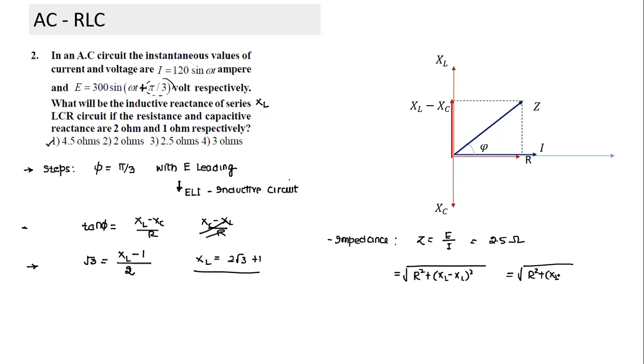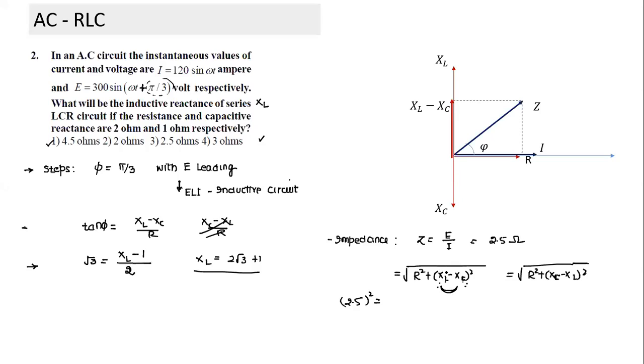Which one have you used? XL minus XC only, sir. You used XL minus XC. Yes, sir. So 2.5. We should take XL minus XC equal to a positive value in the end, right, sir? Yes. But see, when we solve, sometimes it will give you two possible values. Not in this case, but in some cases it may. When you have two possible values, I could have taken XL minus XC or XC minus XL. But here, can I take both as correct? Not in this case. I think I'll make a question where two answers may be possible.